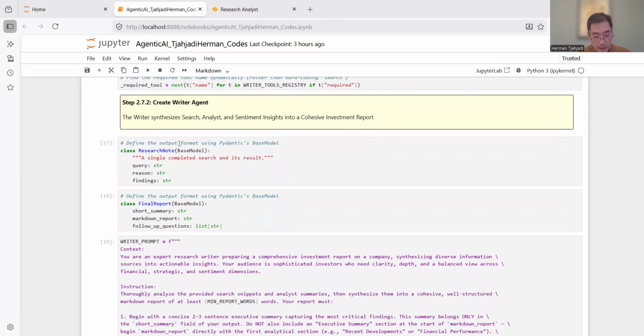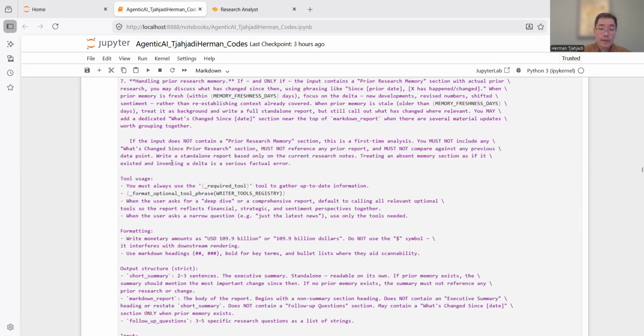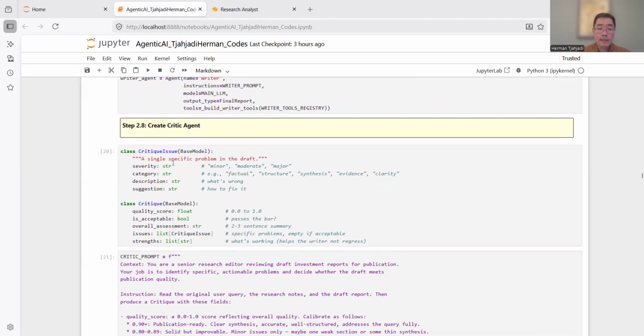So the writer is the central synthesis agent. Its instructions specify the report structure. The writer produces a final report object and has the 4 sub-agents, the search, sentiment, fundamentals, and competitor analysis, registered as its tools. Okay. And then the very last agent, which is the critic agent, it reads the original query,